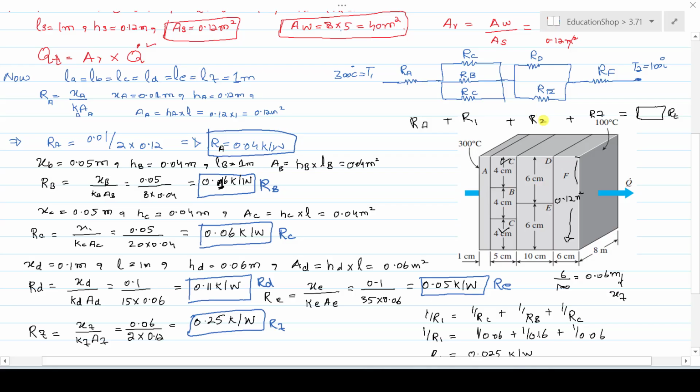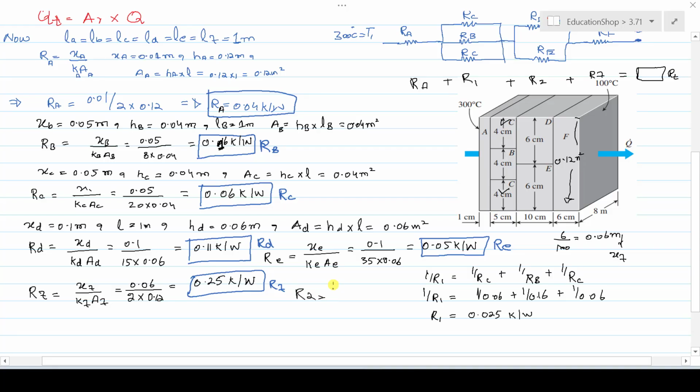Similarly, we will find the equivalent resistance of RD and RE, that is R2, and it is equal to 1 over